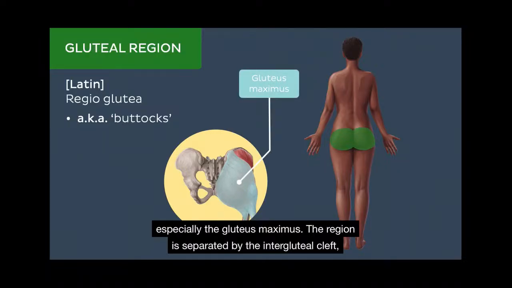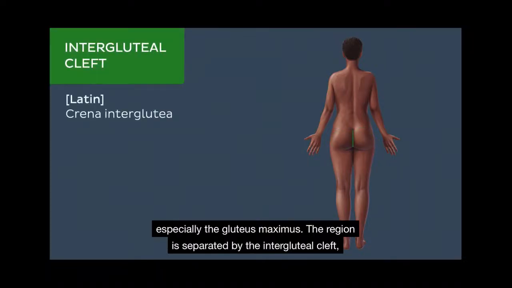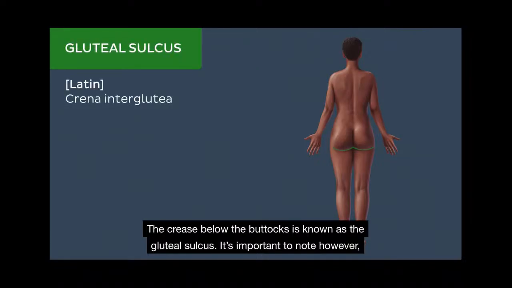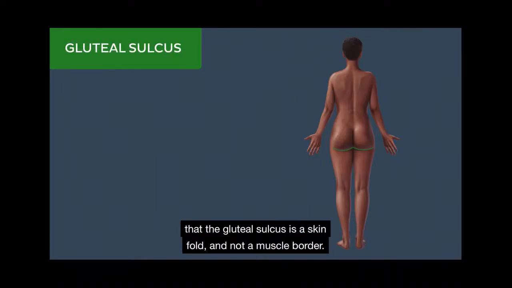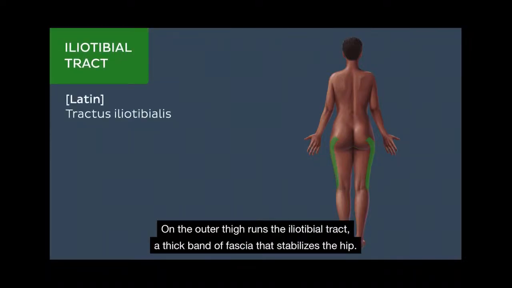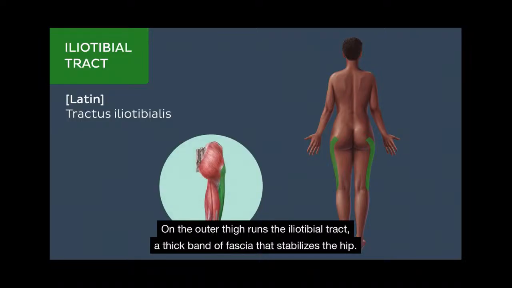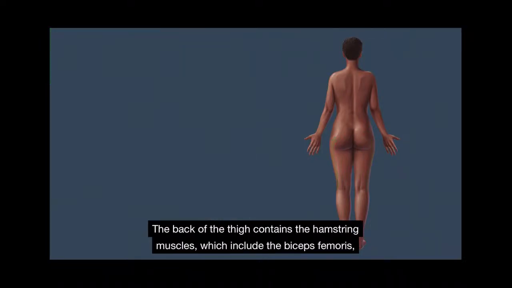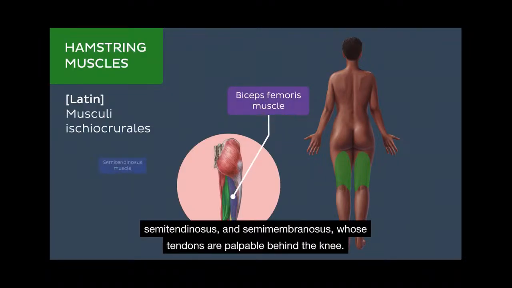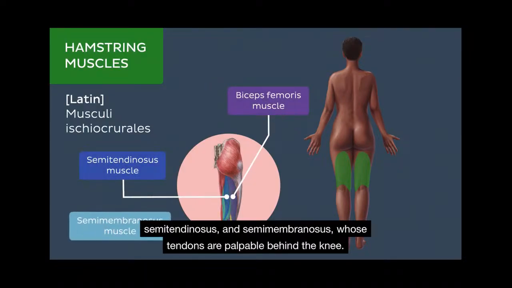The region is separated by the intergluteal cleft, or, as you might more commonly know it, the butt crack. The crease below the buttocks is known as the gluteal sulcus. It's important to note, however, that the gluteal sulcus is a skin fold and not a muscle border. On the outer thigh runs the iliotibial tract, a thick band of fascia that stabilizes the hip. The back of the thigh contains the hamstring muscles, which include the biceps femoris, semitendinosus, and semimembranosus,